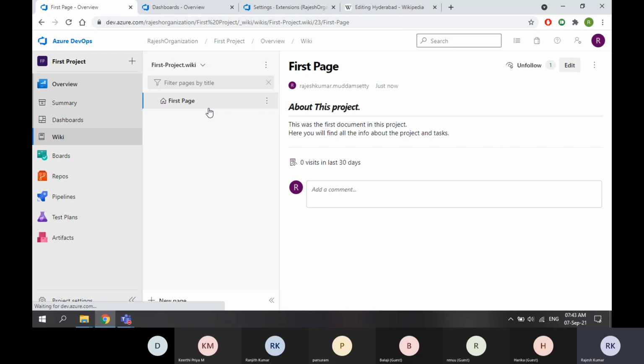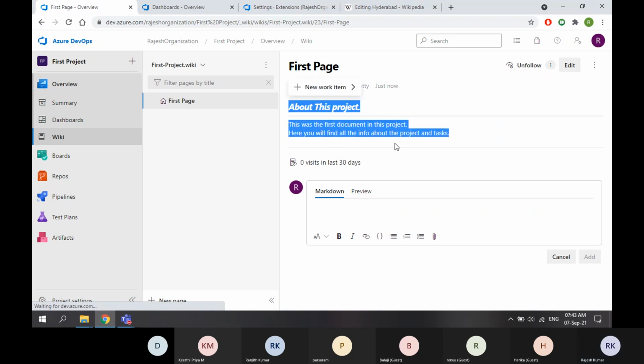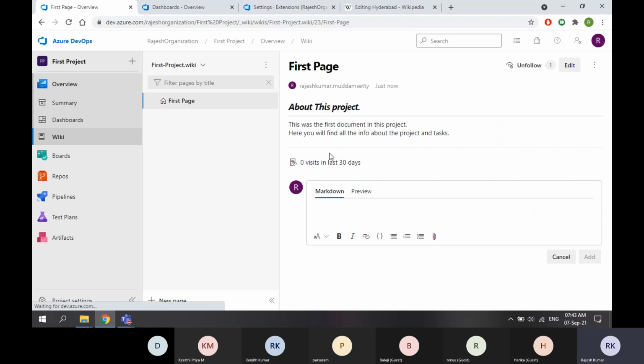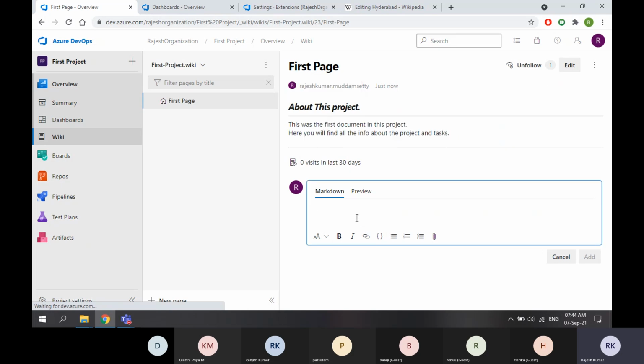In general, if you are sharing any document and there is something wrong in the document, there will not be an option to update below the document itself. So here you will see an option to update below the document itself. Someone created this page, and you want to add something to this page. You may not have edit options, but you can comment here.